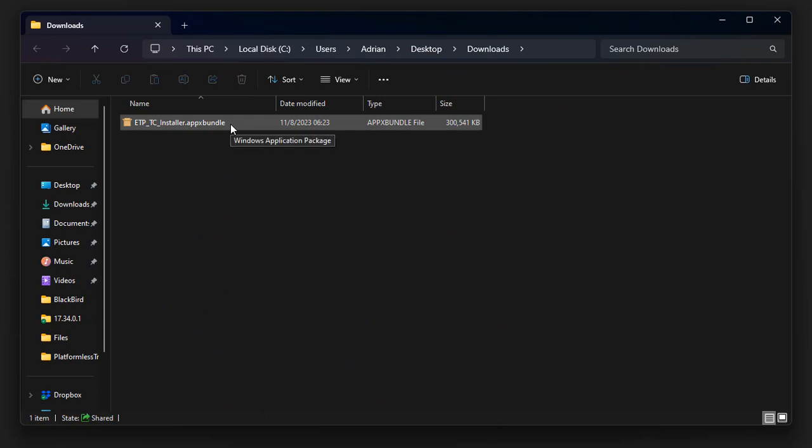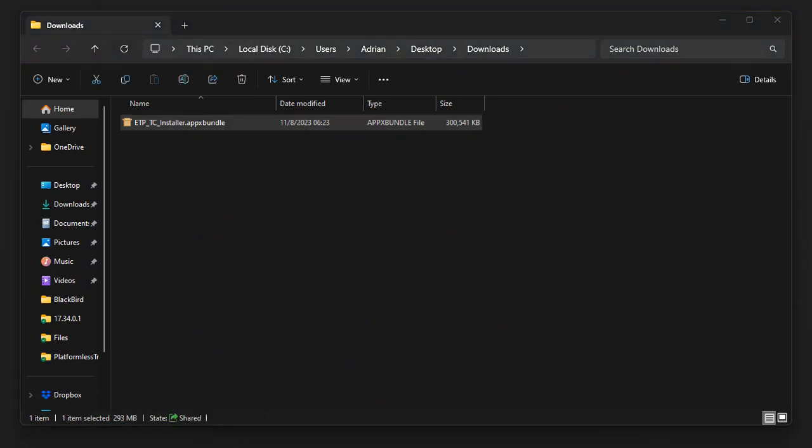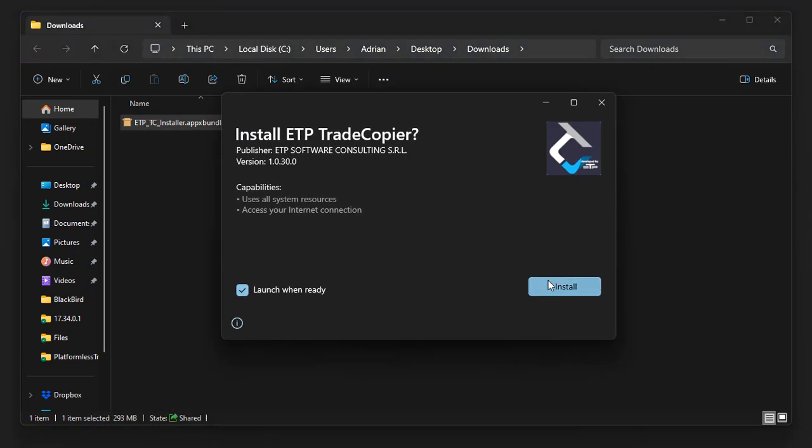and to install it, all you have to do is double click on the installer like you normally would on any other installer. And then all you have to do is click install. Now, you can either launch it when you're ready after it's done installing, or you can just not launch it and open it up a little bit later on. So once you hit install,